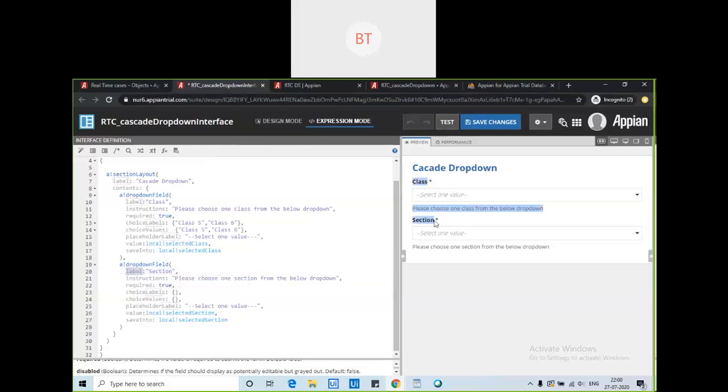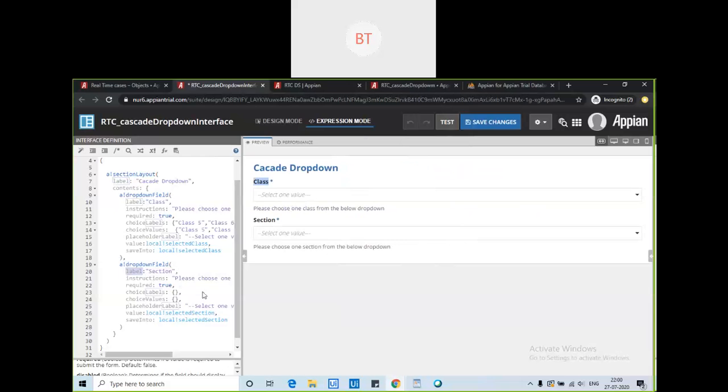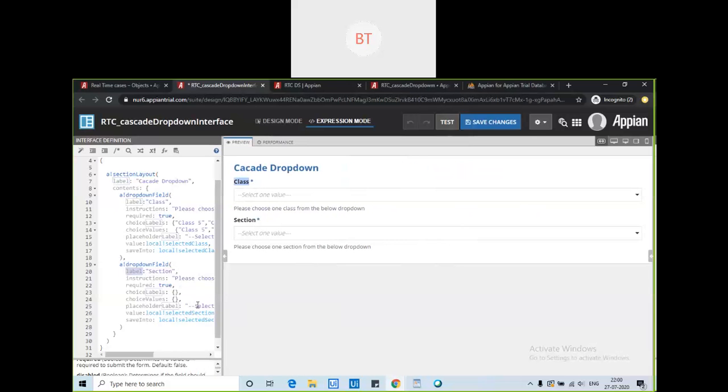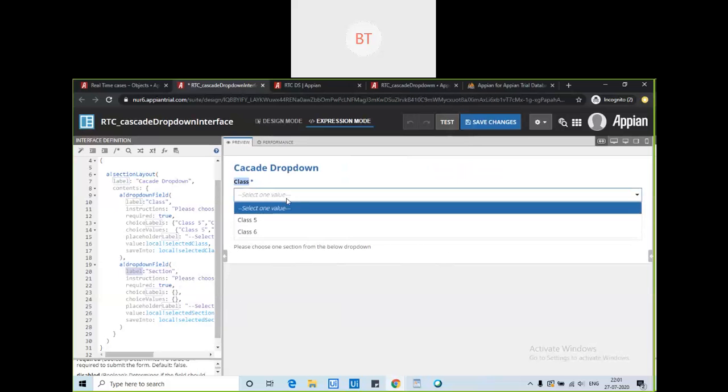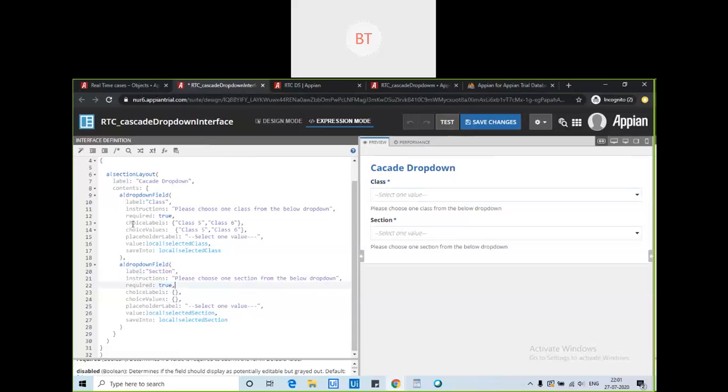If you find this type of case in real time, when you are in a hurry and write something wrong like this, you need to know how to debug these things in time. Now I have given class 5 and class 6 hard coded here in the code itself, so that's why it is showing here.